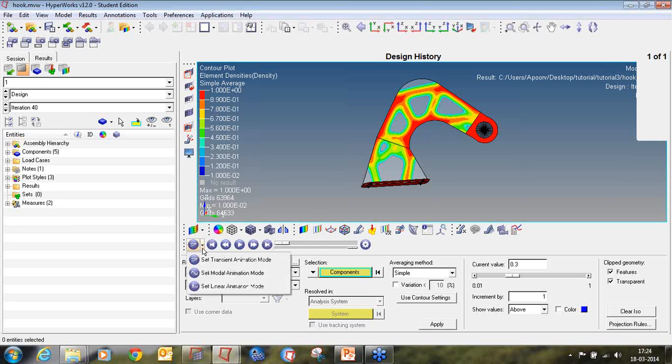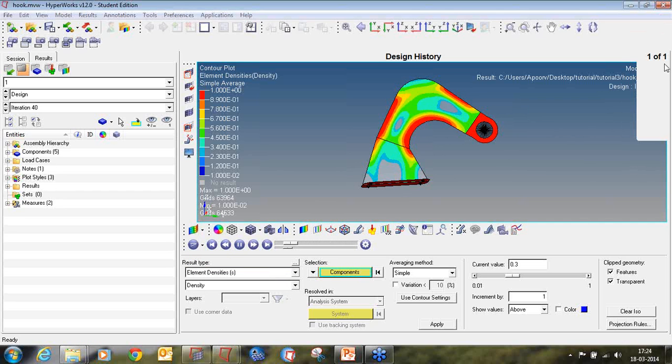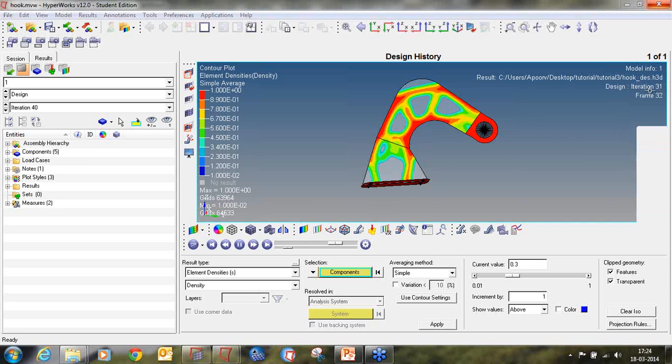If you click on the transient animation mode, so you can see how it's removing the material step by step. So here you can see the iterations values. So from 1, 2, 3, 4 and it's going on. So if I reduce it drastically, or I'll increase it a little bit.